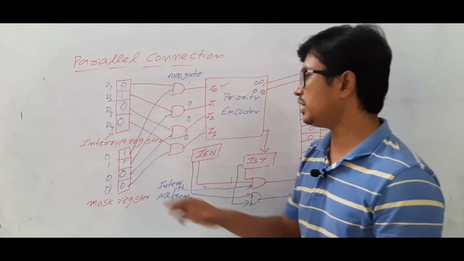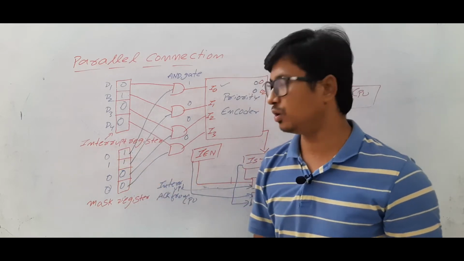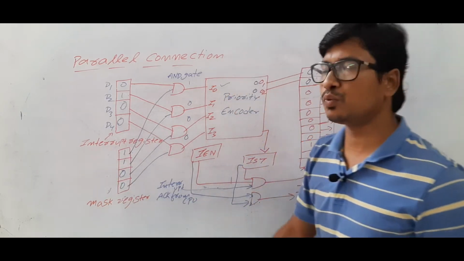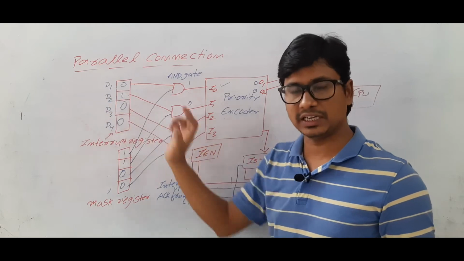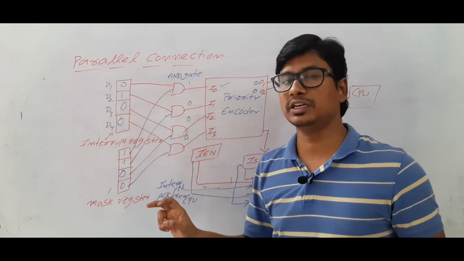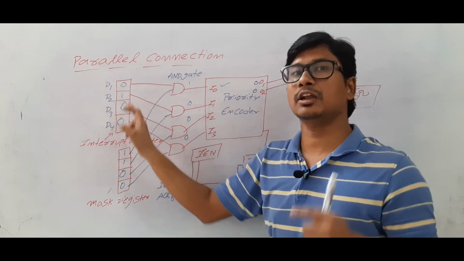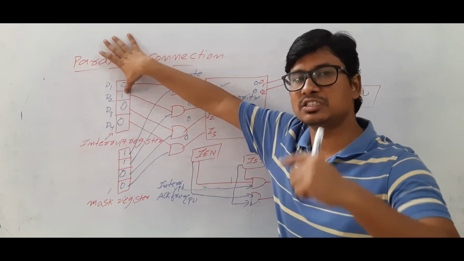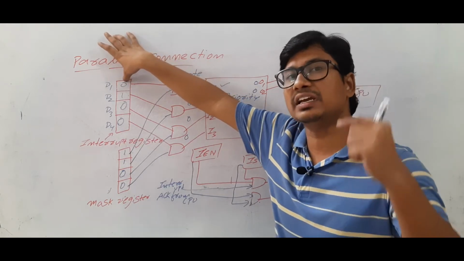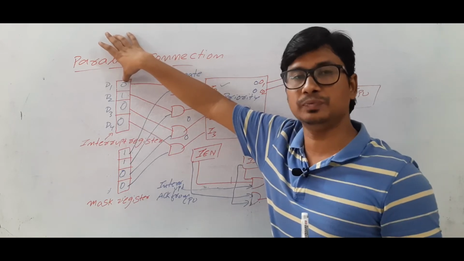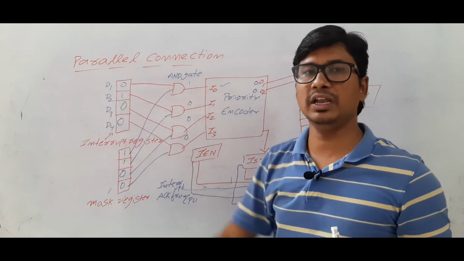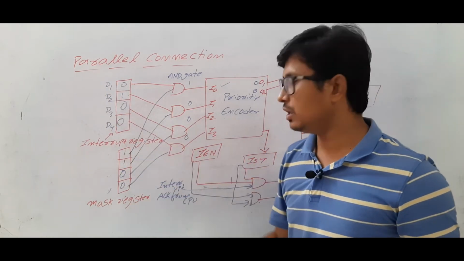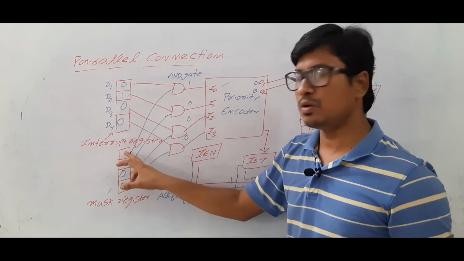Then you can ask me, sir, why are you keeping it as 1, 1, 0, 0? Why not 0, 1, 0, 0? The answer is very simple. When device 2 is communicating, even device 1, the highest priority device, can interrupt the CPU. Are you able to understand? Because when device 2 is executing its tasks with the CPU, device 1 still can interrupt whenever it wants to. Then the CPU will execute the interrupt service routine of device 1. Are you able to understand? So that's why we keep the mask register as 1100.